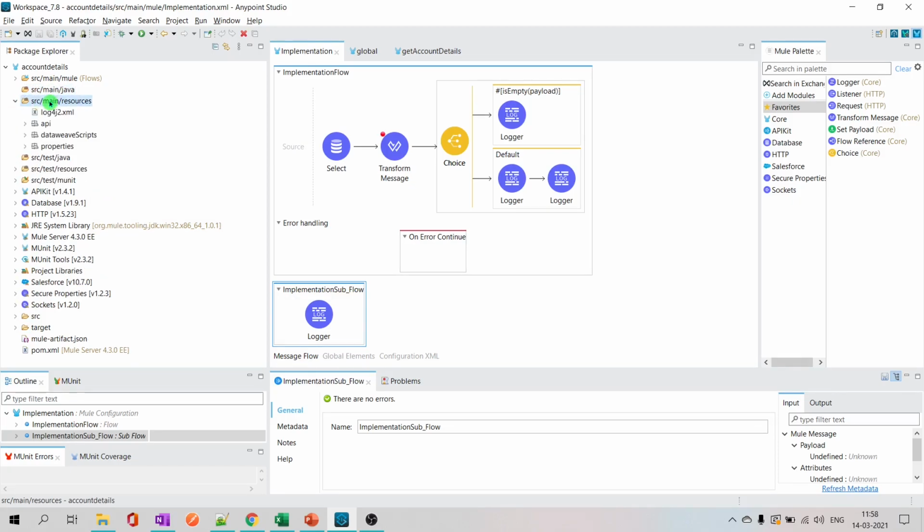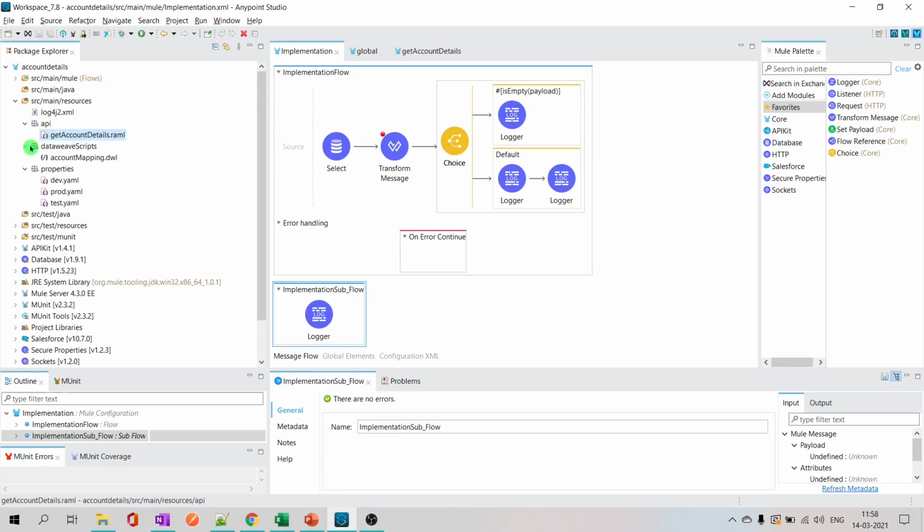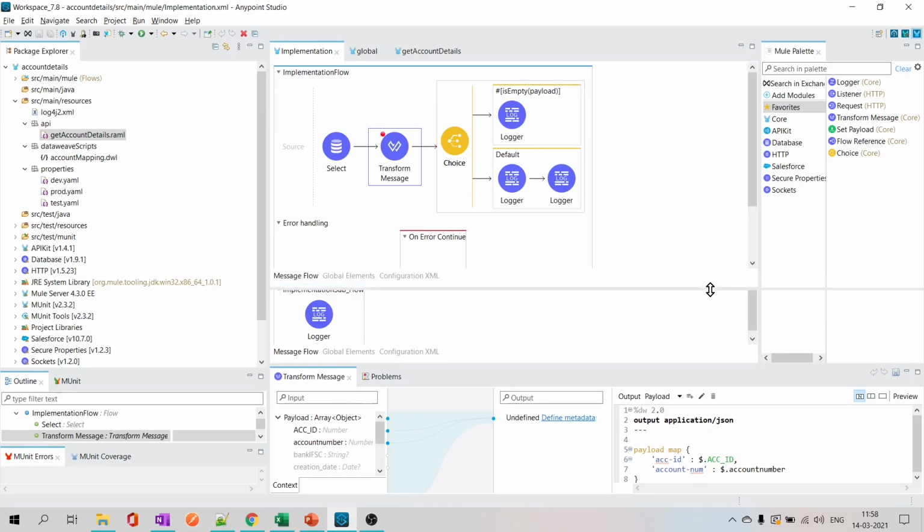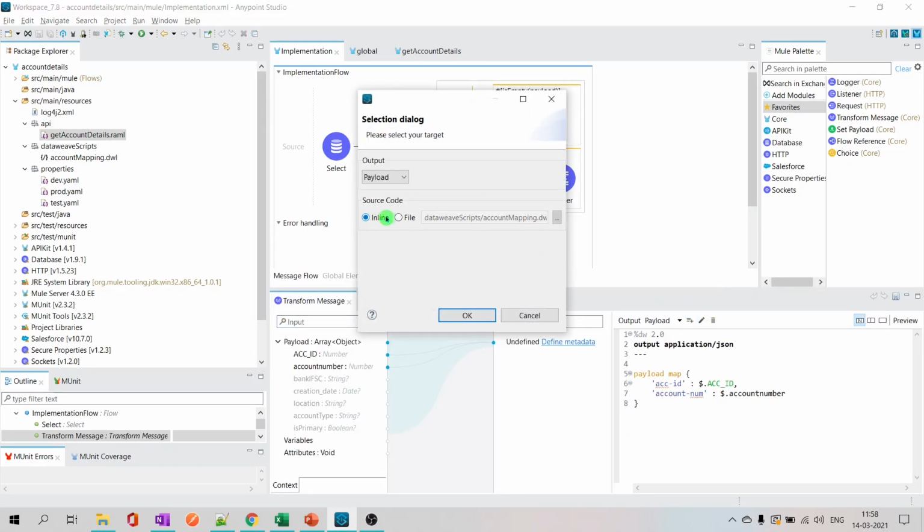And next, source main resources. Again, the name indicates resources. This folder should contain all your project artifacts like project properties and project scripts. You have your YAML here, right? All these should be under resources. Whenever you import a RAML, or create an API with YAML scaffolding, that YAML comes under resources automatically. And whenever you create a DataWeave script for your transformation connector, you can make it a file or inline. If you make it a file, the dataview.dwl file comes under resources automatically.